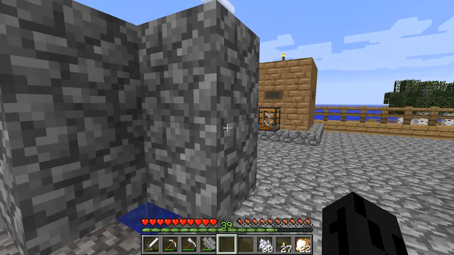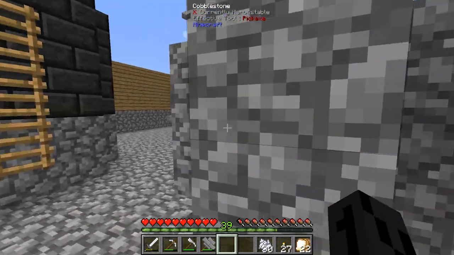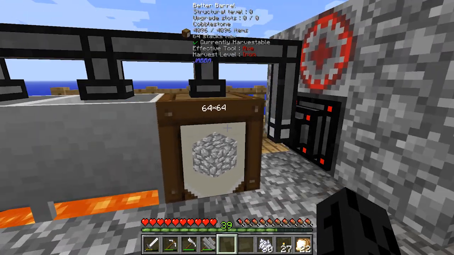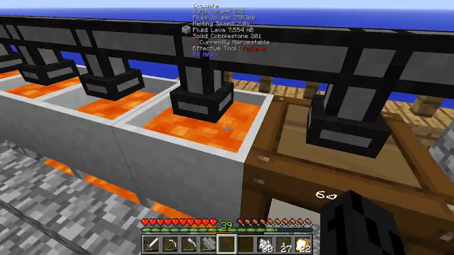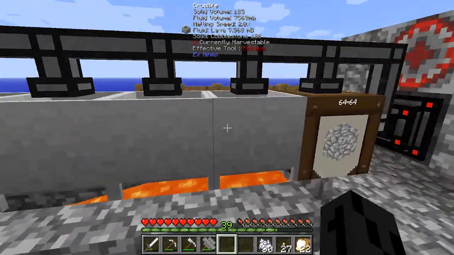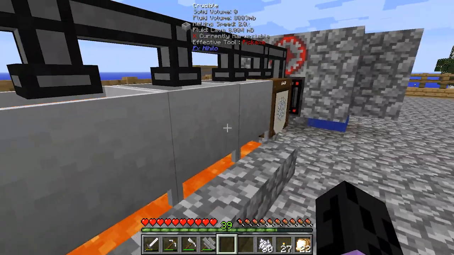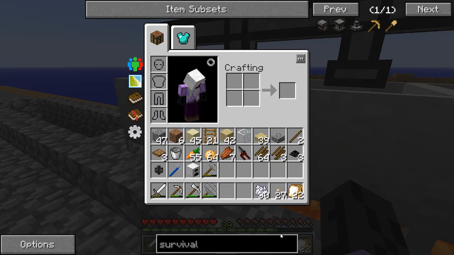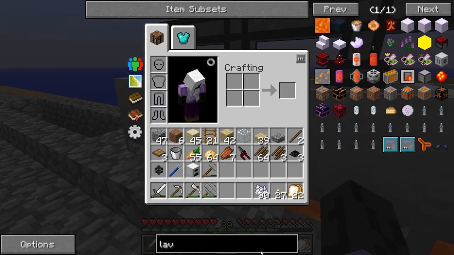We also have the cobble gen moved up here, which is hooked up to an Extra Utilities transfer node, which is hooked up to a bit of barrel and then also into these. There is no lava generation like previous Ex Nihilo based Skyblocks. In fact, if I look up any sort of lava generator,